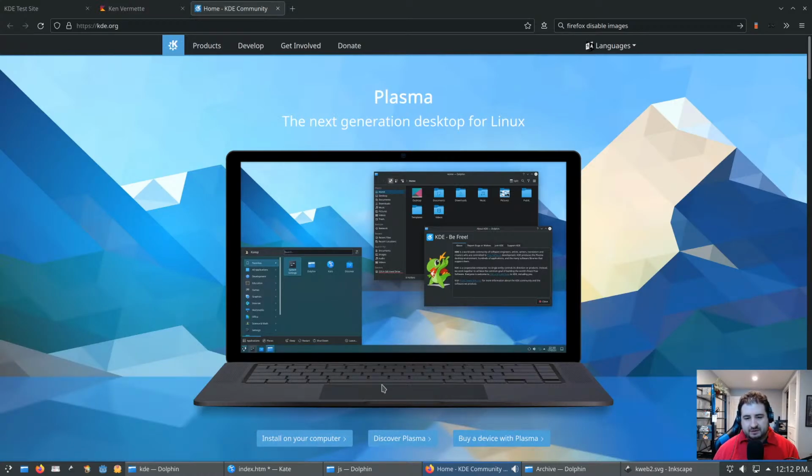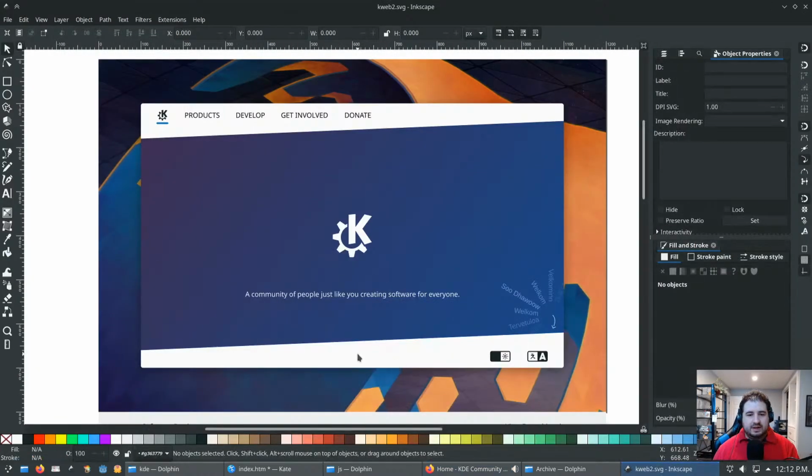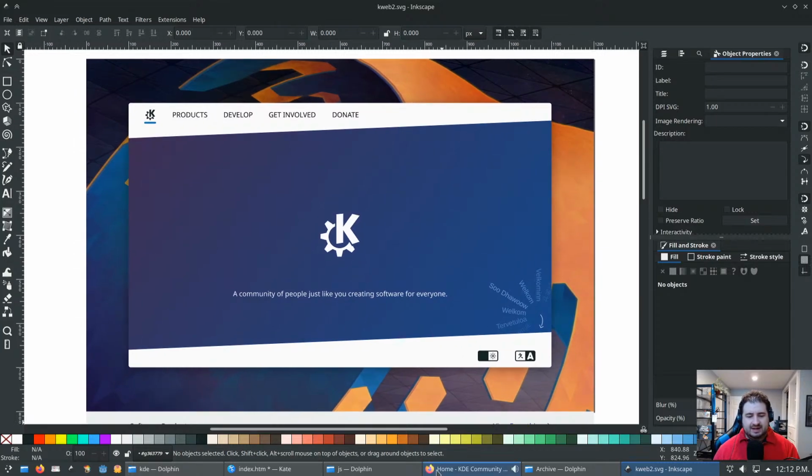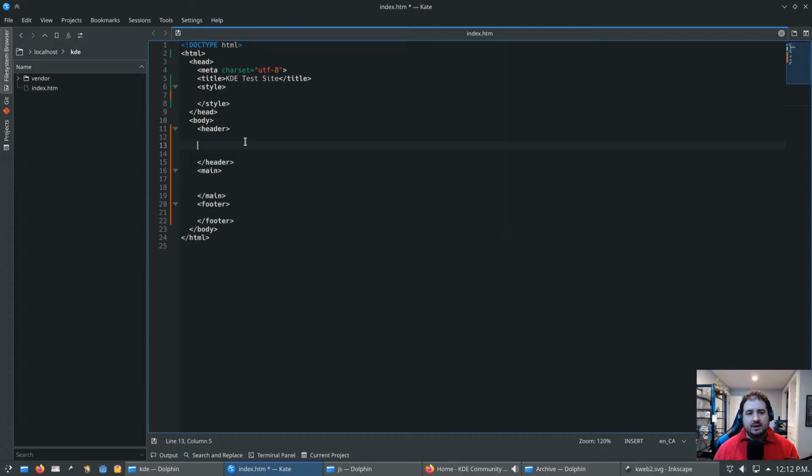So the very first thing I'm going to do is write what we'd like to see, or what we'd like to have a screen reader say without any CSS first. So we'd have the header. The header would be repeated on every single page. And because of the wonders of HTML5,